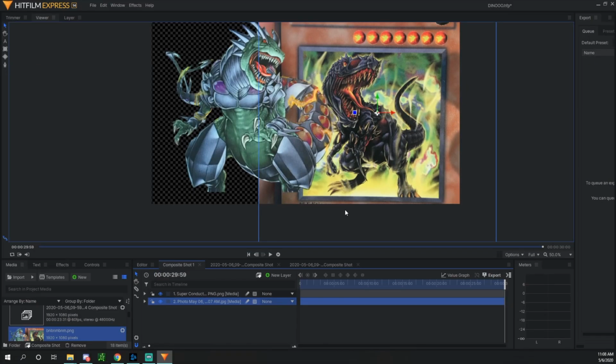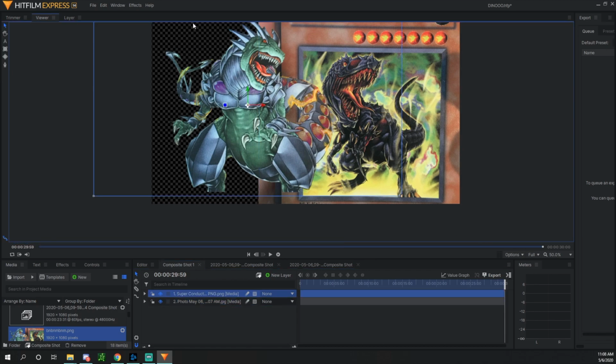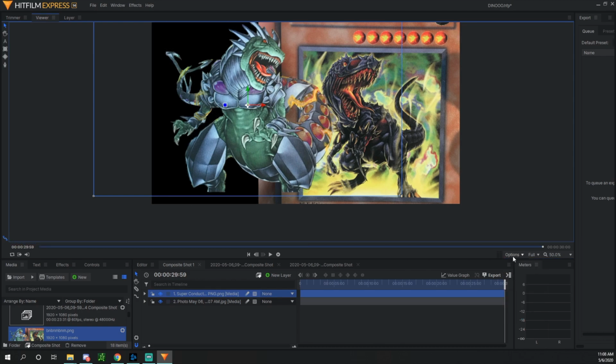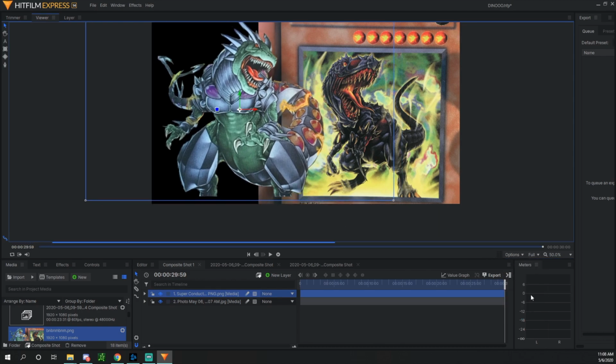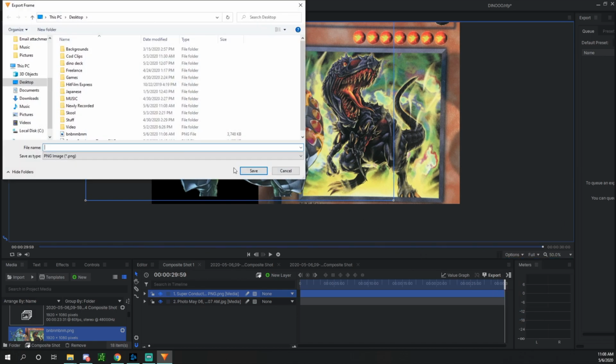Hi guys, it's me from the future! I forgot something to tell you. So, if you want this checkered background, most of the time it's probably going to be black. You go to options and you're going to click checkered background. See, it's black. And however, if you do save the picture, so let's say export the frame, and I drag